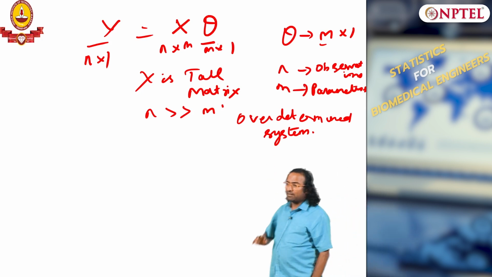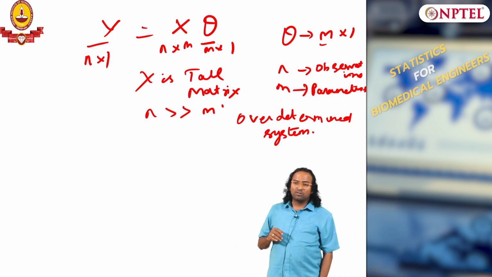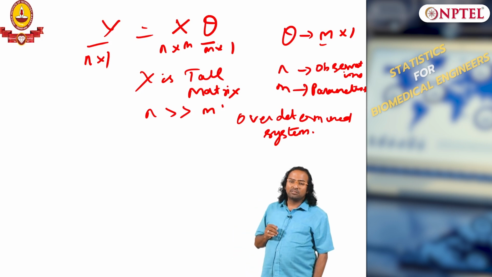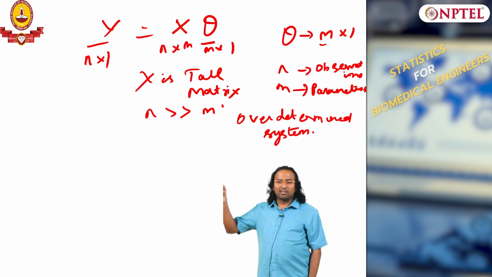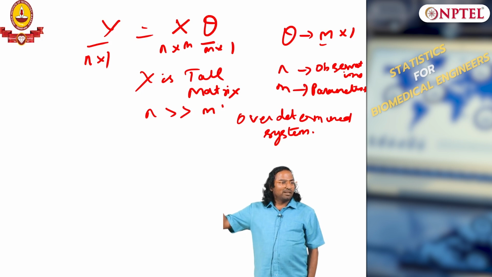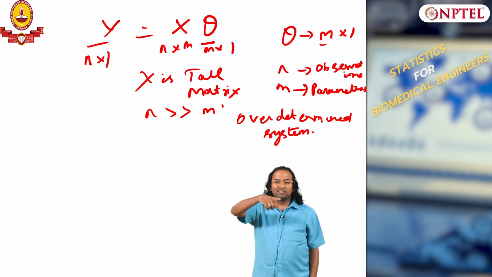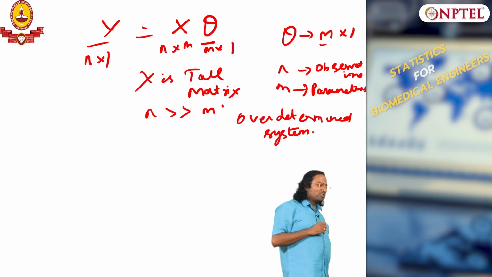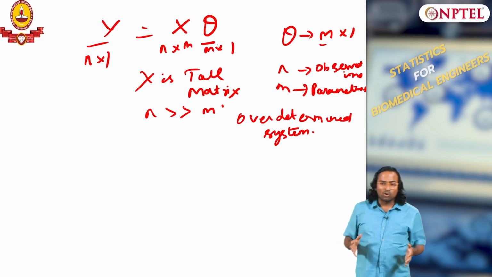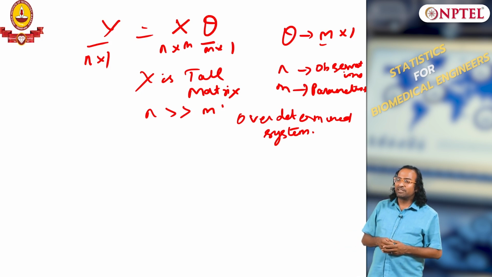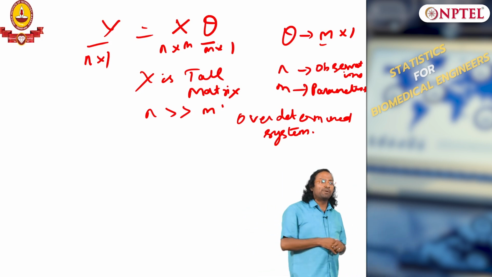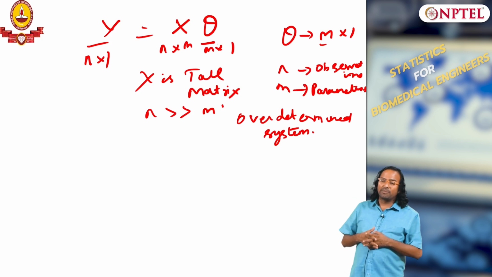Suppose you put a speaker here, a microphone here, one microphone, and 5 people talk, and I want to know who talked. There is only one data, one instance. What are the unknowns? 5 unknowns if 5 people are talking. This is called blind source separation, meaning there are more separate sources and a lesser number of measurements. This also happens in biological problems, where you typically encounter both over determined and under determined cases.